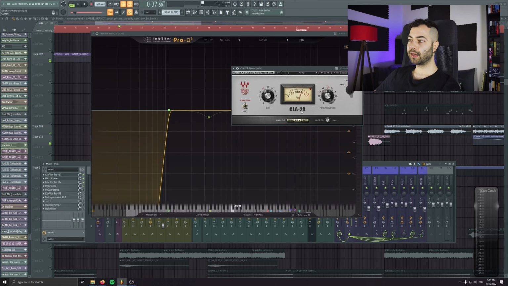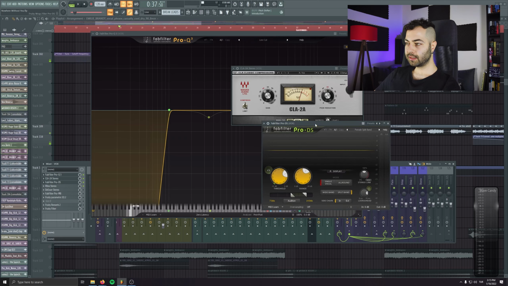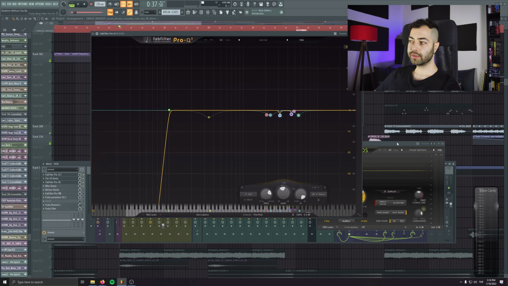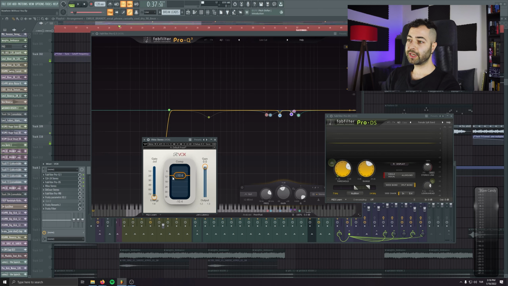And then I love 2A kind of EQs because they compress with a style and they work nice with the vocals. We have a deesser. It's deessing the sibilance of the sounds, like the harsh high frequencies. Another compressor just to glue the chain, and that's literally all, only 4 different plugins.